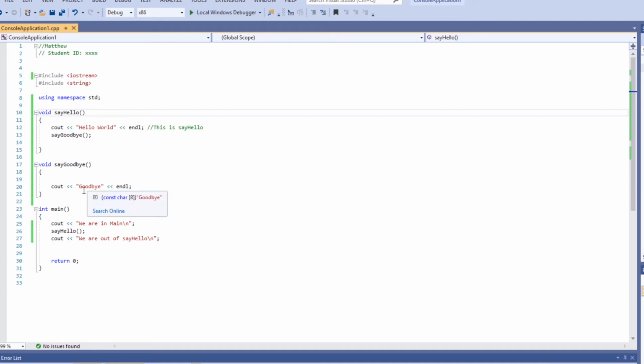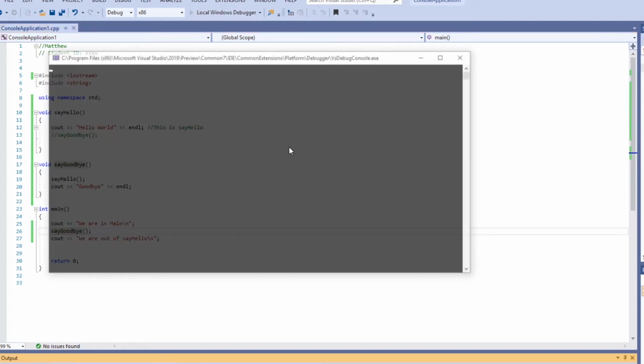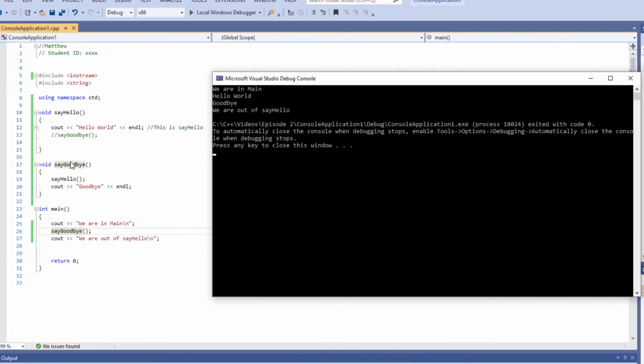Now, we're not going to have the same issue if we were to take this out and put say hello here. Whoops. You put say hello here, and then change this to say goodbye. And we click run. It's going to work no problem. And that's because we declared say hello before we tried to call it. So look, we are in main. It's going to call say goodbye, hello world,